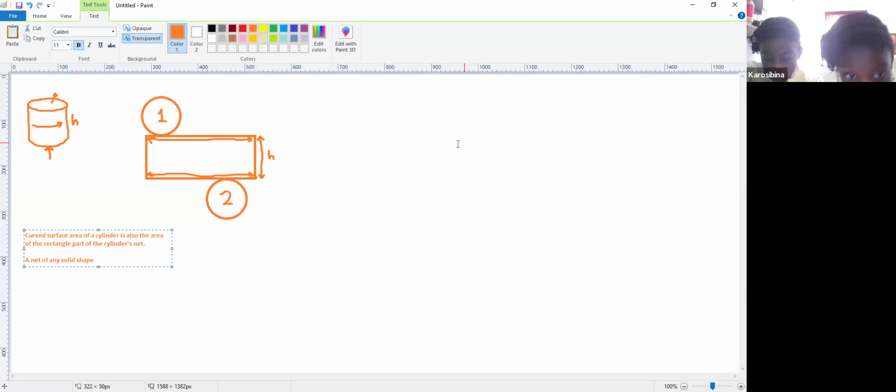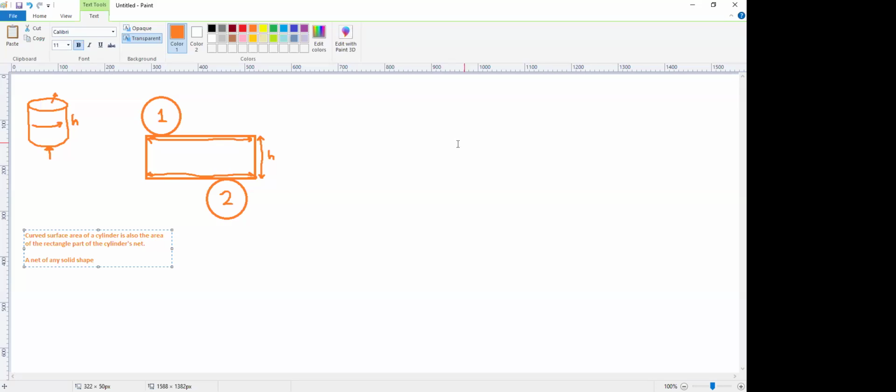Okay, good. You may need to also sketch this later in your book. It does not need to be perfect, but just do your best to sketch it exactly as you see on my screen. A net of any solid shape is the